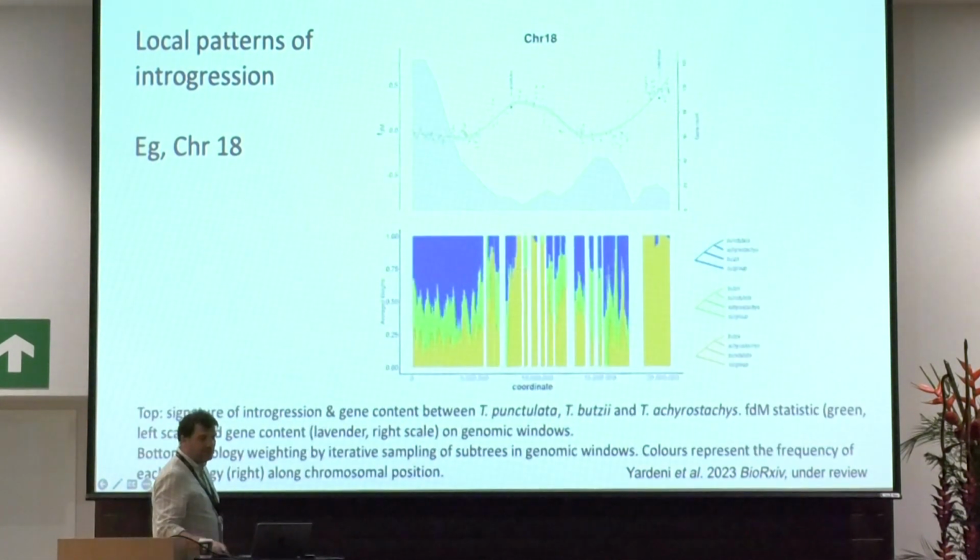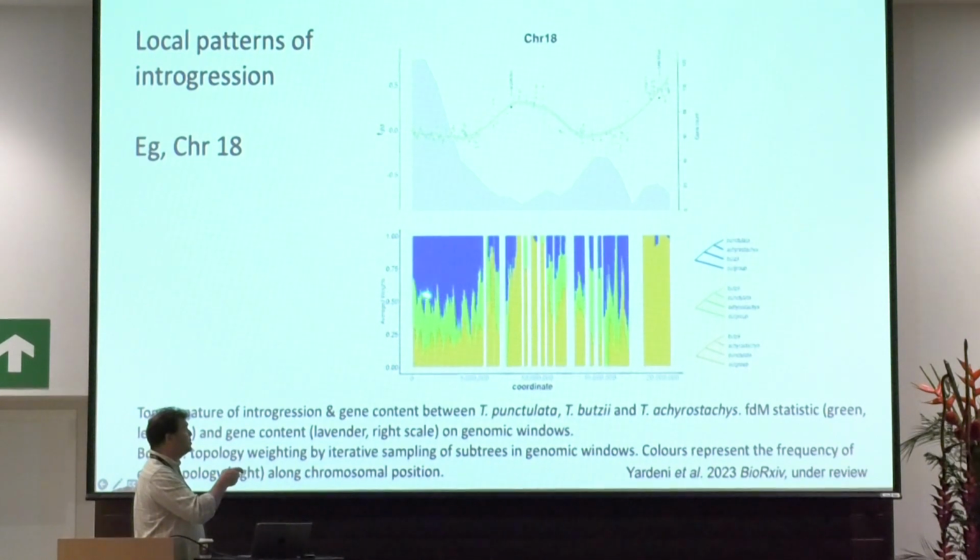And we looked at them in much detail. We see that the two regions have a low gene content. One of the signals is recovered from around the centromere. The other one is distal in the chromosome, but still in a region of low gene content. This is confirmed also by topology weighting methods, where you see that in these regions, the main topology is this alternative topology, which combines the two CAM species as sister clades.